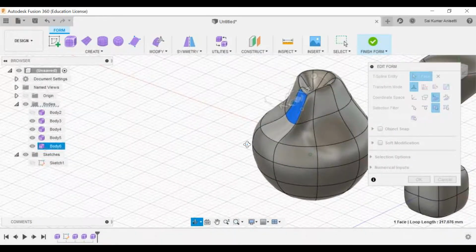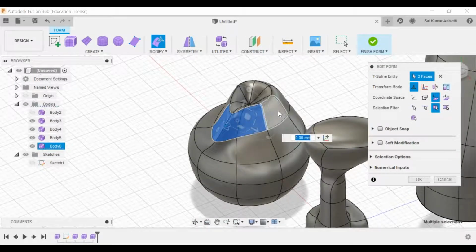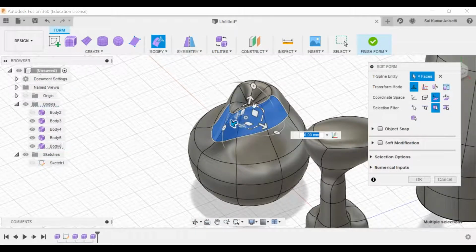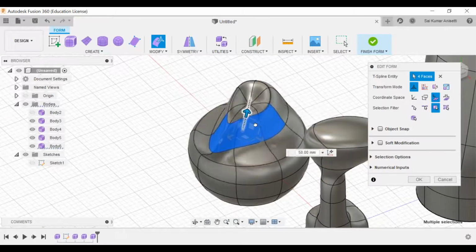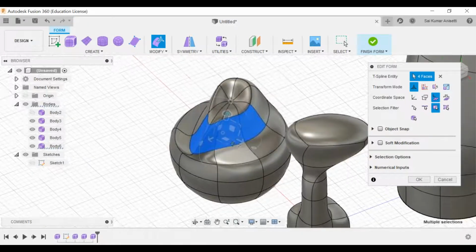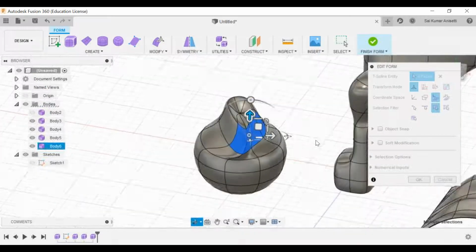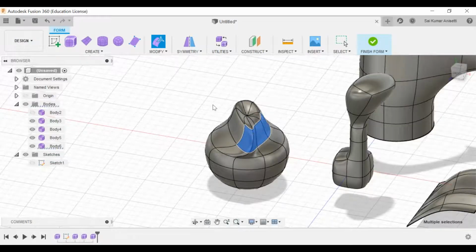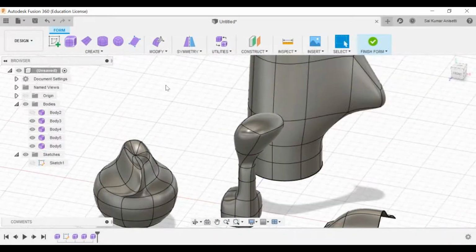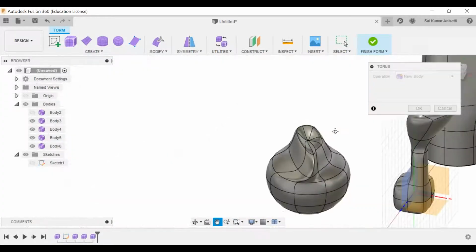If you want to select more faces, you can select more of them to make it smoother, and just modify it however you want. That depends on how you actually do it. You can do cool stuff with this one. Just click OK. So that is how you can modify your sphere, and that is as simple.